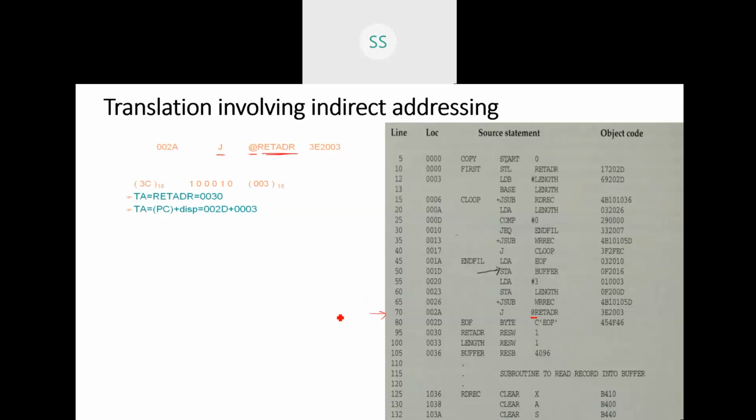So what do you mean by indirect addressing? Indirect addressing in the sense, the value stored at RETADR, that is, RETADR is said to be at 0030, okay, and what we do with it is, we are going to add a value to it, and on that basis we are going to jump to that particular location. Now how do we do this? I'm going to continue with this, to see how it is going to work. Let us see. So I have got J @